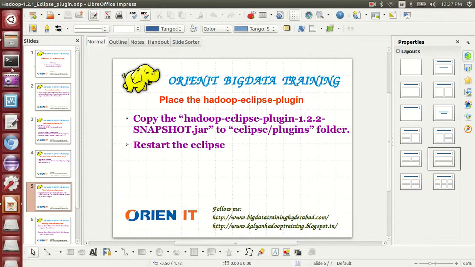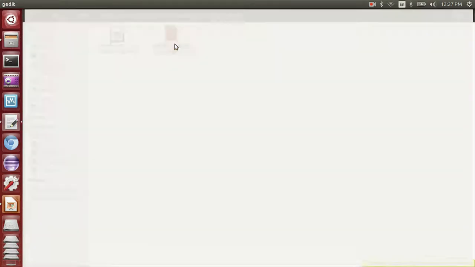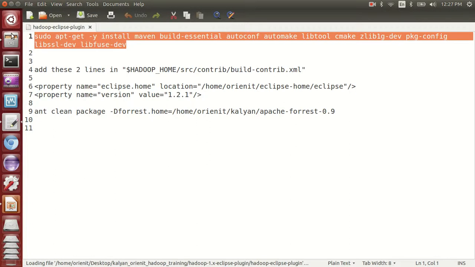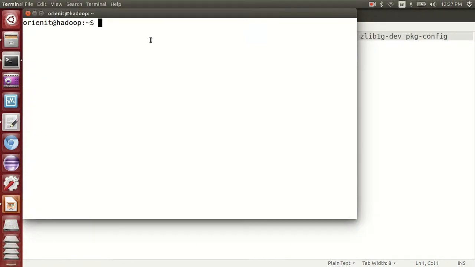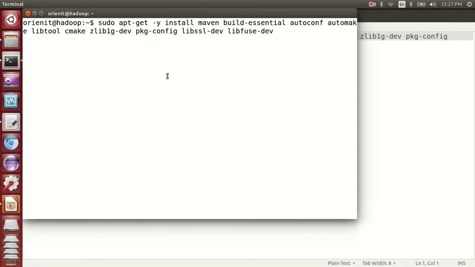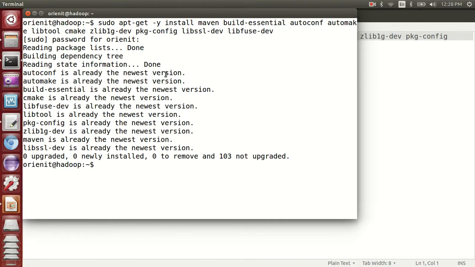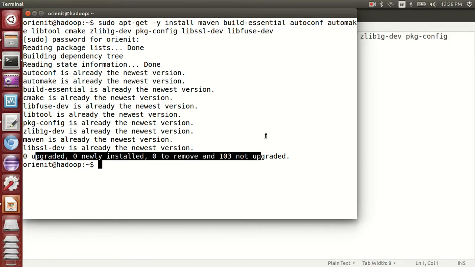The first thing is the prerequisite installation. I already said there are some software we have to install. Let's open the terminal and give the command. It will obviously prompt for the admin password; provide your admin password and press enter. If it is not installed, it's going to ask yes or no. If it is already installed, it will say it is completely installed. Right now in my case there are no upgrades and no new installations, everything is already completed. So the prerequisite installation is already completed on my laptop.